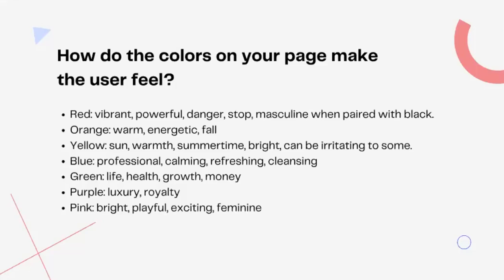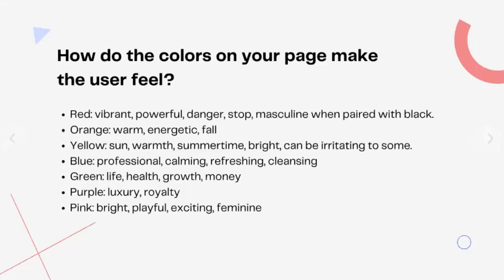Yellow, a lot of times, is associated with warmth and just brightness, and even sometimes youth. So something very summery. But what can also be tough with yellow is it can be irritating to some people. Not everyone loves yellow, and depending upon what color yellow you use, it can be very off-putting. Like a highlighter yellow can just be a lot to look at, and it can actually hurt people's eyes. So that's a really interesting thing.